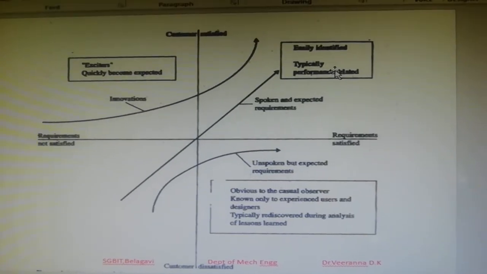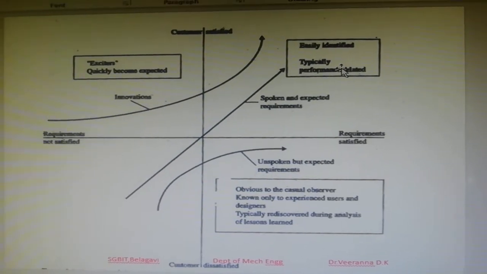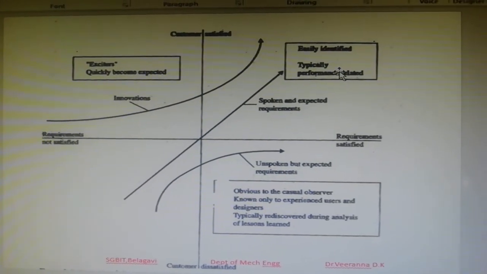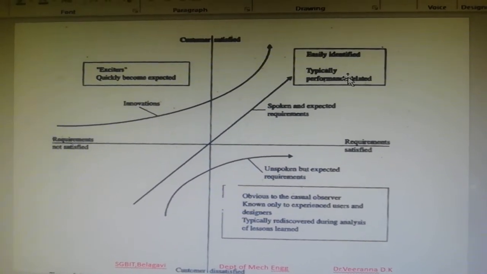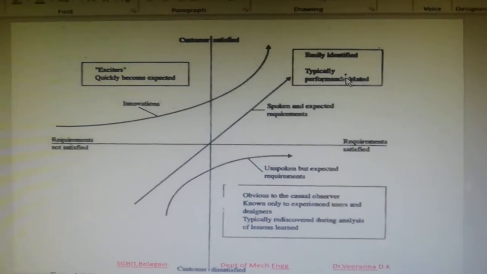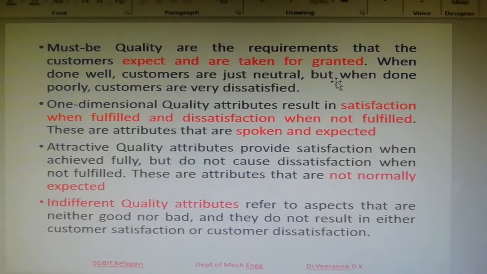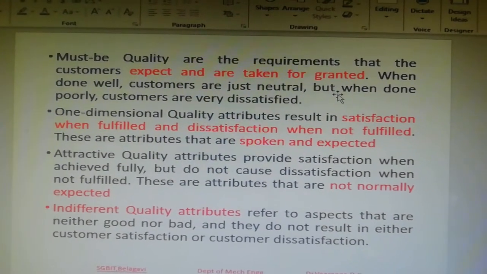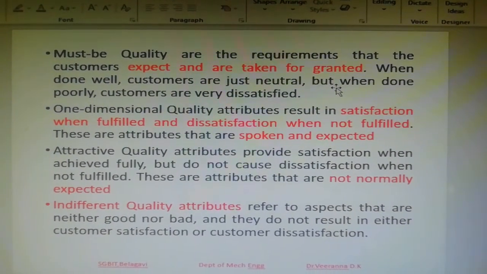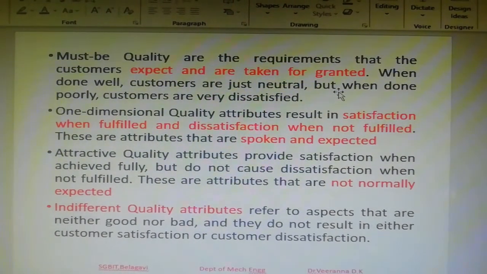Okay, let us see in detail. This is how the two-dimensional figure will be drawn. In the last picture you have seen the red color is in the reverse direction, but this is how it should be. Okay, this is how the Kano model works in all the companies' customer satisfaction. Then just now I talked about the must-be conditions, the one-dimensional, that is the blue color line, and there is one more condition, the satisfiers and dissatisfiers.